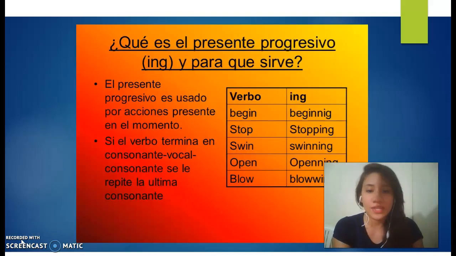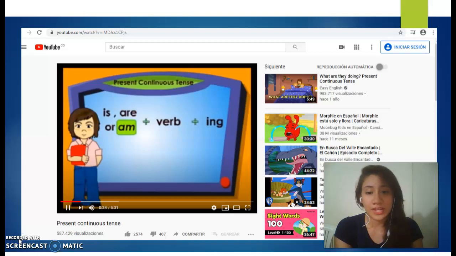Next, I will give you a brief review of the present continuous, since there are students who know it but do not remember it. I will explain what it is and when it is used. After the explanation, the student will watch a video that explains the structure of the present continuous with examples and some exercises. This is for them to practice their listening and thus apply the natural method.